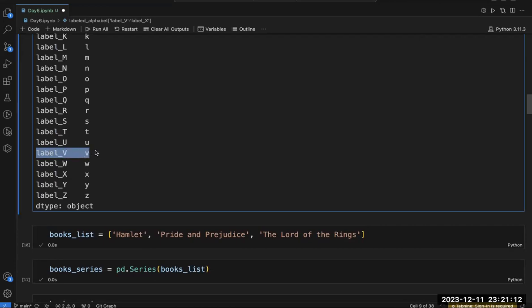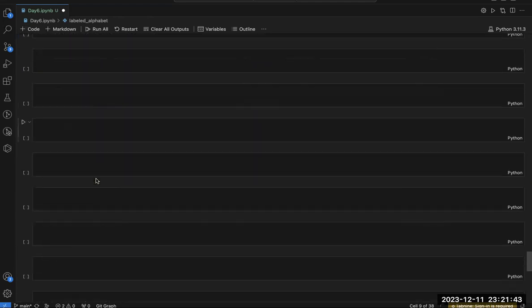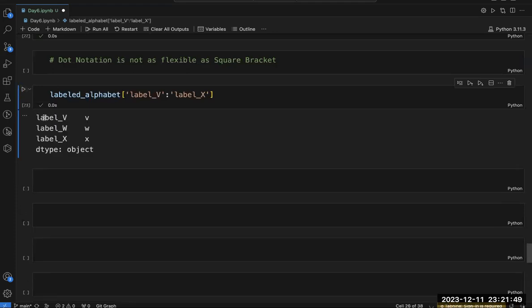This is my level V, and this is my level X. So if I want to access from level V to level X, I want to access this, this, and this, from here to here. So this is a way to access it. Let's run this. I'm getting all the three, from this to this.